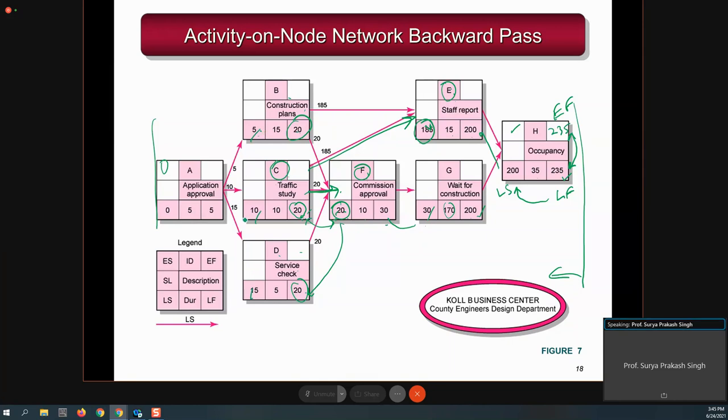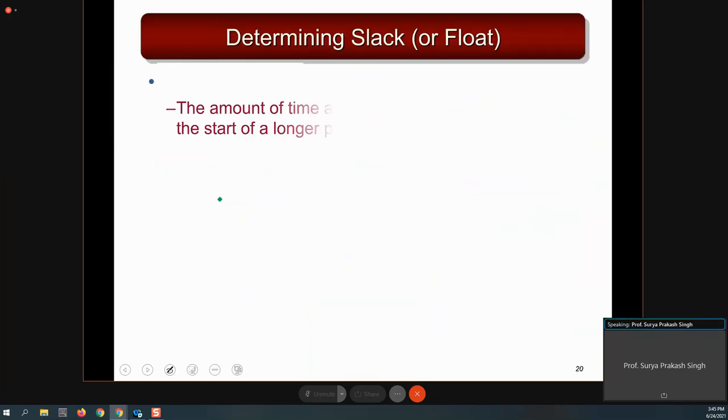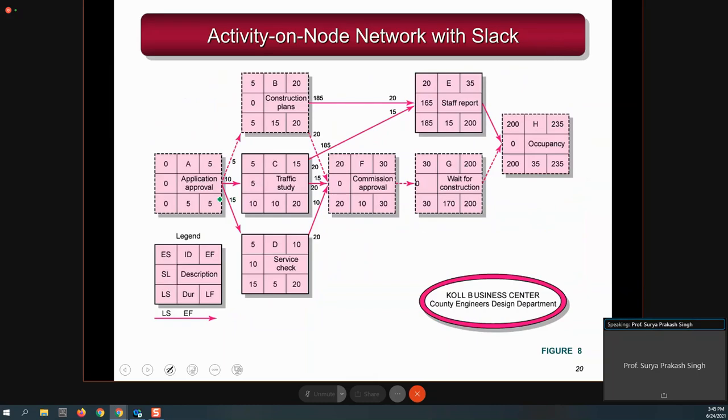Now again, same thing, like the first activity which has a burst into activities B, C, and D, all the three activities 5, 10, and 15. Of these 5, 10, and 15 we have to take the minimum, so we take 5. So 5 minus 5, this is 0. In this way, the moment you have done the backward calculation, you got the time data for late start and late finish, and in the forward way, you got early start and early finish. When you have all the four pieces of information together, you can calculate float, and you can also know what the critical activities are.